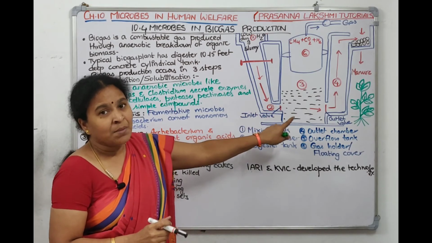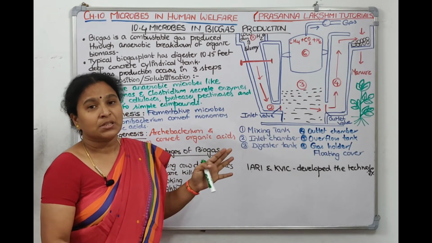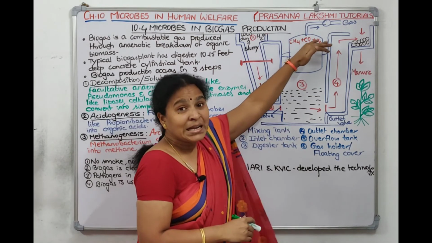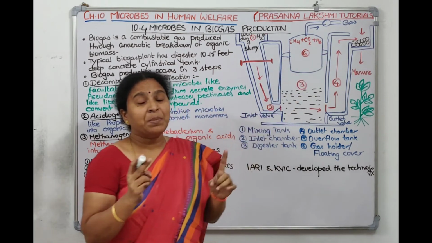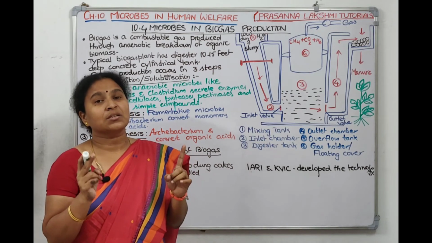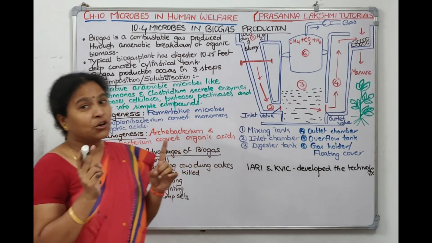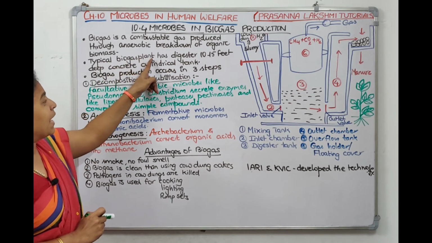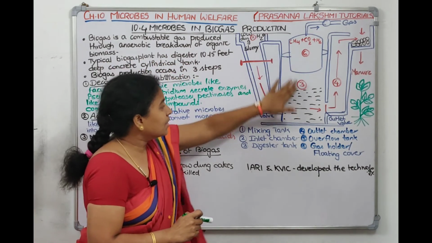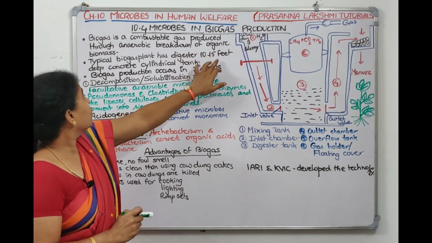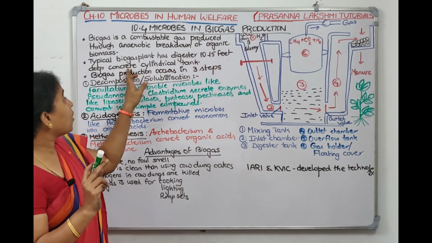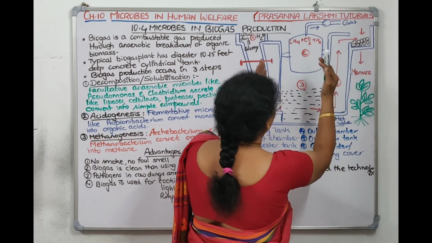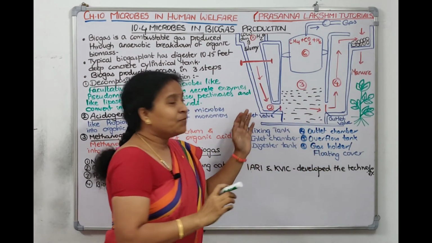It is a fermentative process, an anaerobic process, so we will ensure anaerobic conditions. It is an airtight chamber. The typical dimension of a digester is a 10 to 15 feet concrete tank. In NCERT they have given the typical biogas plant consisting of a digester. This digester is 10 to 15 feet deep. It is a concrete cylindrical tank. You can see here it is cylindrical, it is concrete, and it's an airtight chamber in which the cow dung